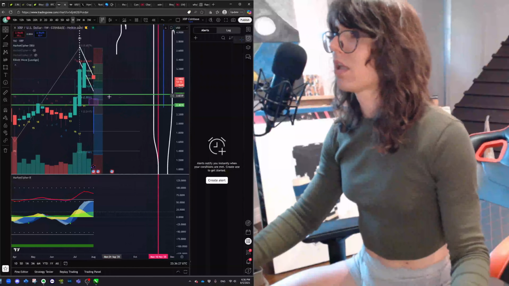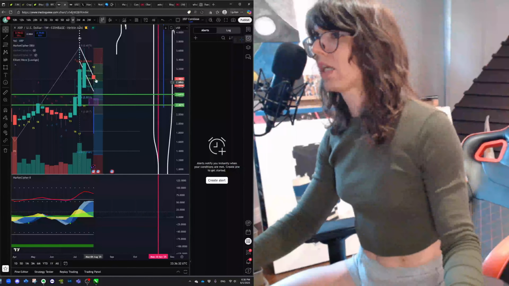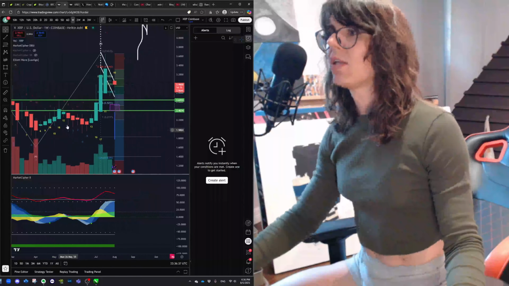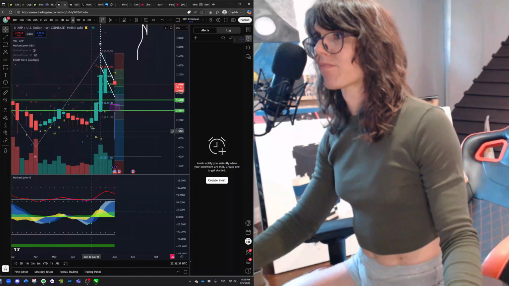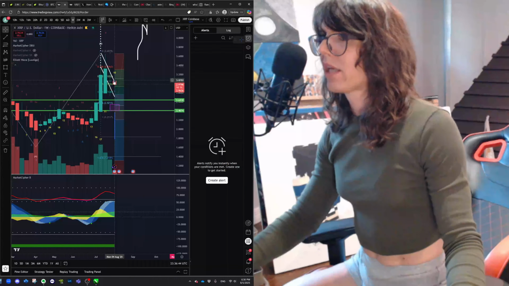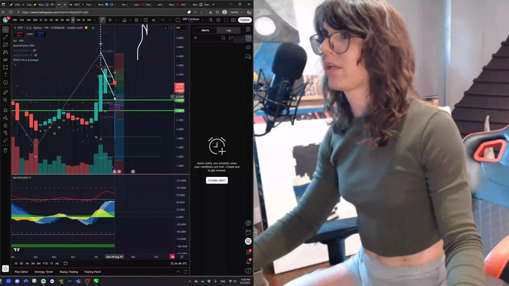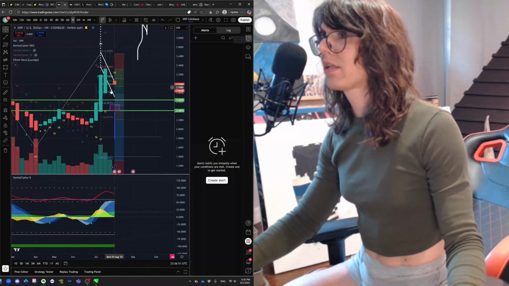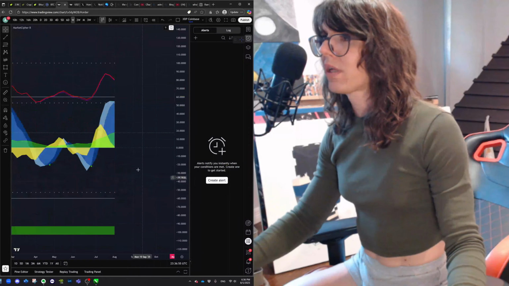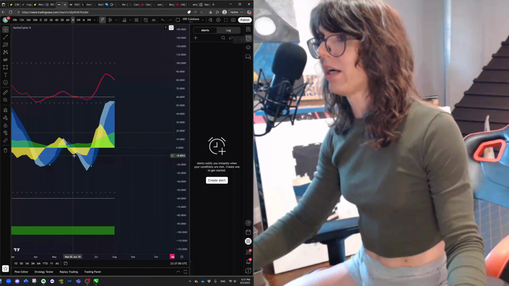I'm looking at these red candles, and they're not very substantial. These are substantial. These ones are not very substantial. This is a relatively small red candle, but there's room for it to come down here and to stay inside of this lane. And we're so close to clipping over and making a red dot.